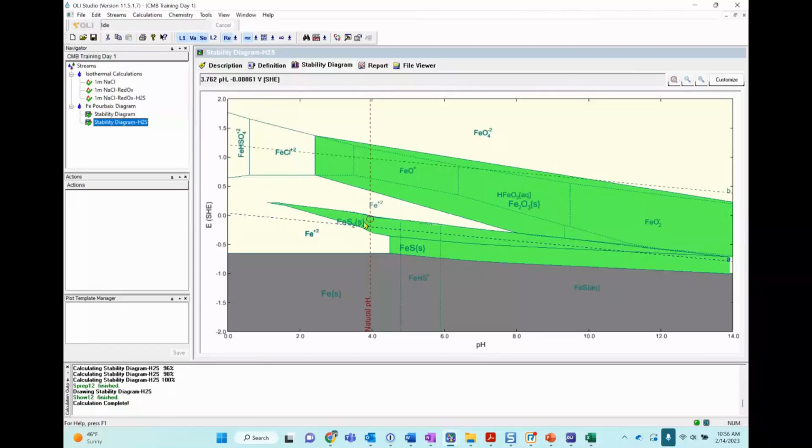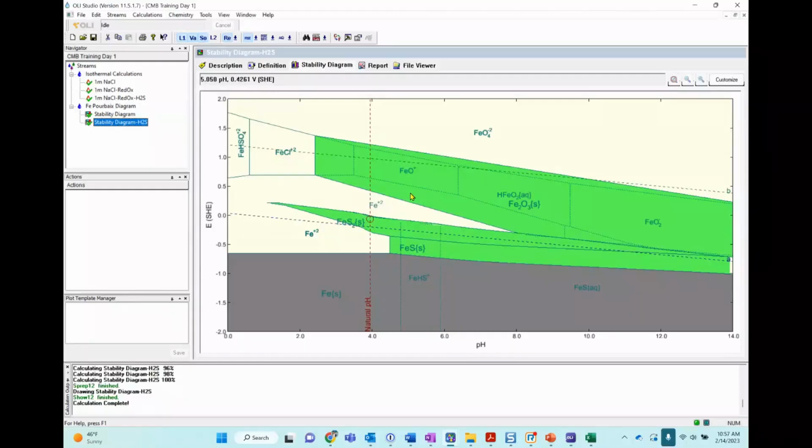So in theory, this is telling me that the iron sulfide at that composition, at that concentration, is creating a protective layer and is delaying corrosion. There is another iron sulfide layer here, but that one is below the reduction line, so probably it is not likely to happen.